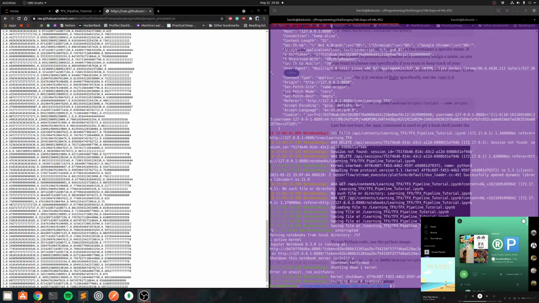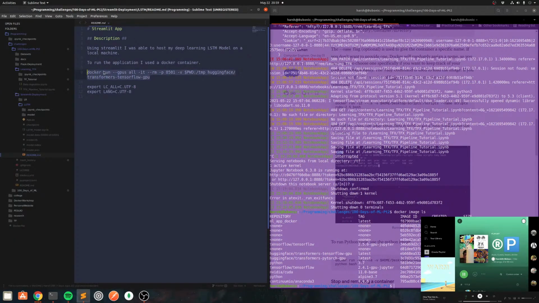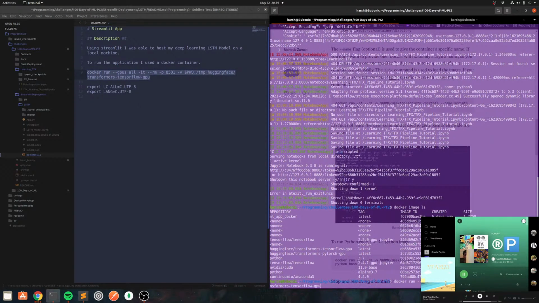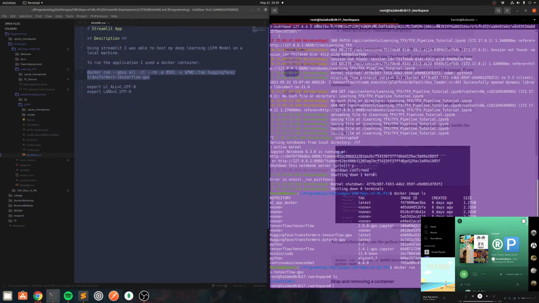Okay, let's see. All right, let's run the Hugging Face transformer and check if that works. If that doesn't, what I'm going to do is just end up creating a custom container by building a Dockerfile. Let's actually take the same code from here, copy and paste it. And we don't really need to publish a port, so I'm going to delete that part. And ls transformers. Yeah, okay, cd transformer